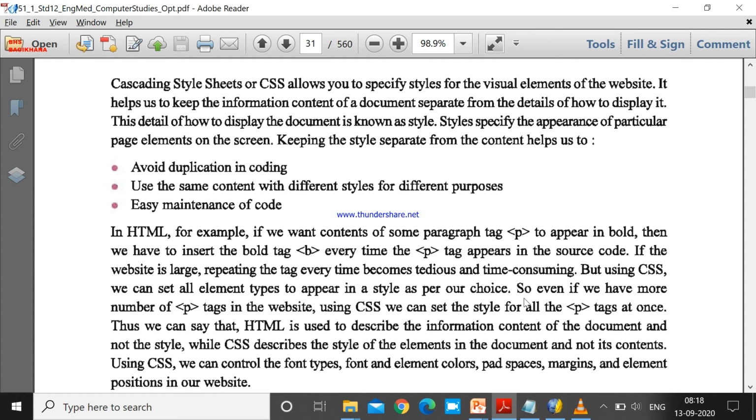So instead of this burdening process, CSS gives you the facility to just set the properties once in CSS for the required font properties, and whenever you click on that CSS, you will get the properties from the CSS window automatically. So let us start with the practical of CSS.